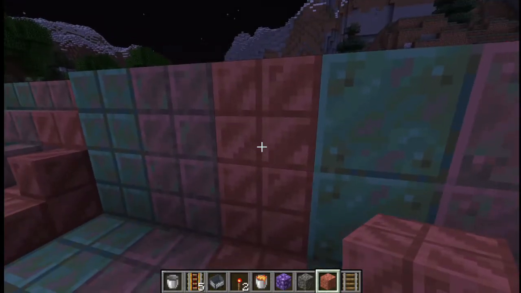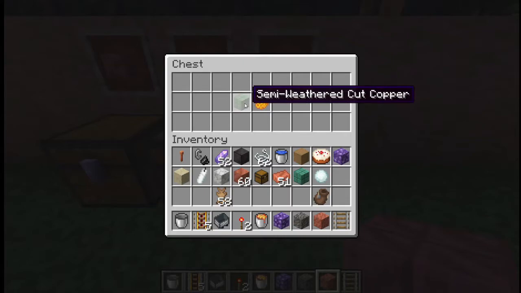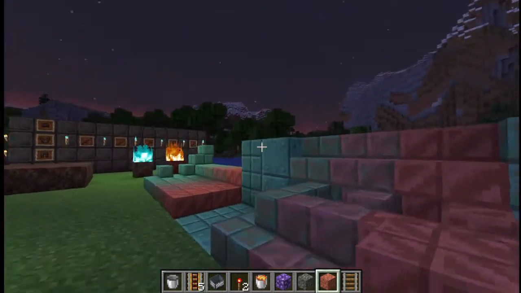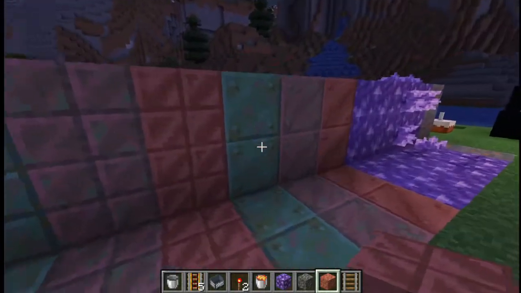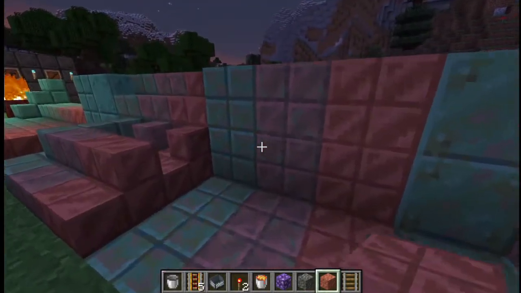Now why does it say waxed? Well, the game has a very interesting thing that you can add honeycomb to the semi-weathered or whatever stage of the copper you like, except of course the final stage, because it will just stay that way anyway, and it will permanently stay at that stage, which I think is just a fabulous, fabulous thing. But yes, cut